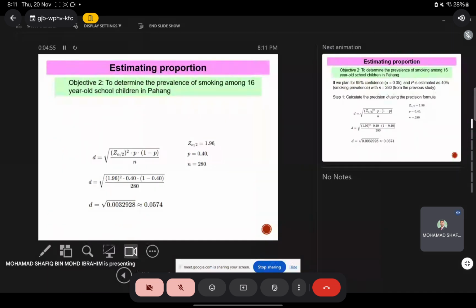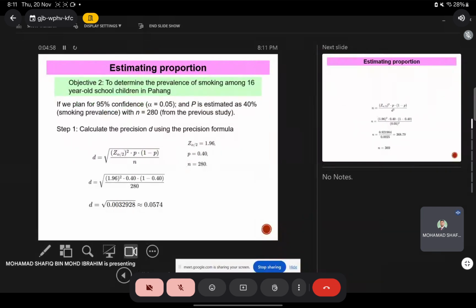Now let's have one example here: to determine the prevalence of smoking among 16 years old school children in Pahang. Again, same as well, you need to calculate the precision using the precision formula. Basically, you just insert back z alpha over 2 squared with p times 1 minus p, and divide by the 280. So 0.4 is what you get from the previous study, with the sample size, and now the precision that you got here is